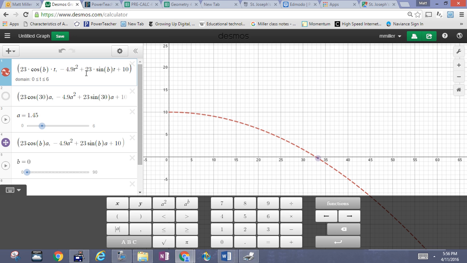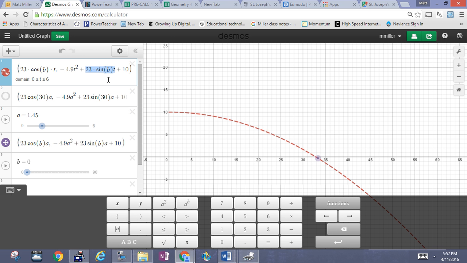And the sine of 0 is 0, so this entire portion of that parametric equation is lost, which means we're down to simply looking at negative 4.9 t squared plus 10 as the parametric equation in y,